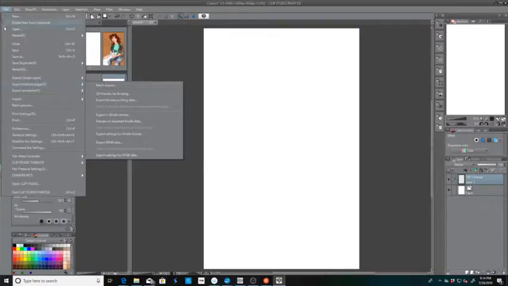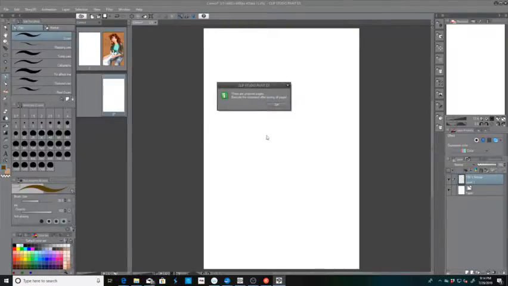So drop down from the file menu, and there it is, export multiple pages. You have batch export, 3D preview for binding, export fanzine printing data, and over here you have export in Kindle format,